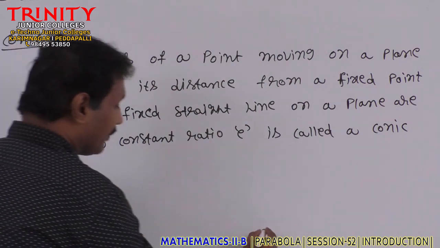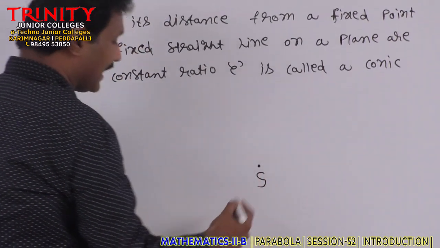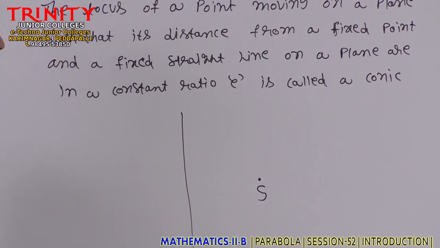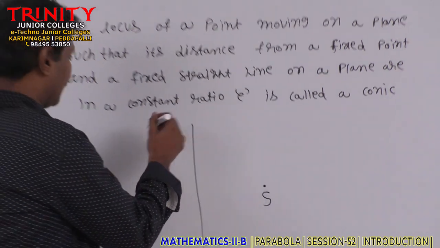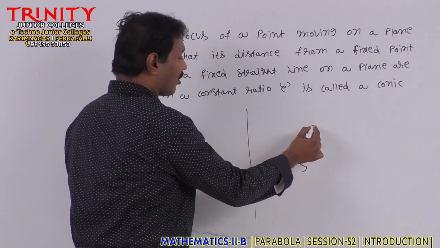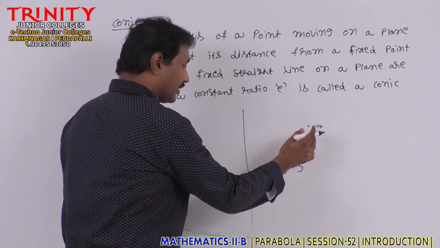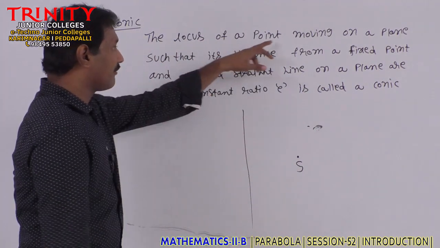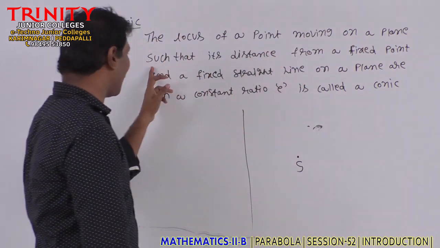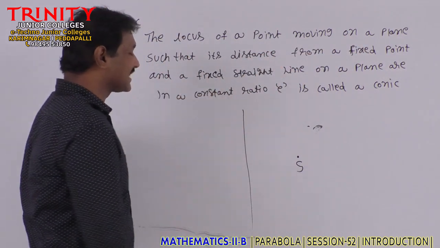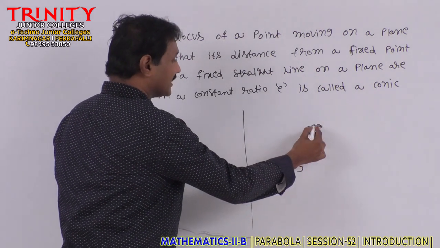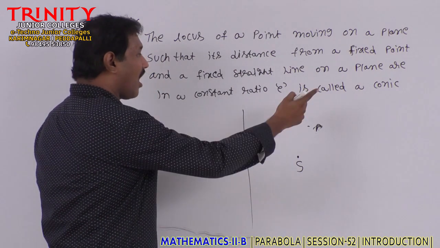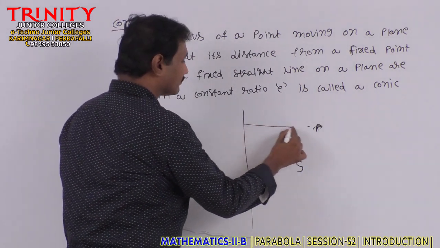That means the fixed point, it may be S, and the fixed line, the constant ratio E is obtained. It forms a conic. The locus of a point moving on a plane such that its distance from a fixed point and a fixed straight line on a plane are at constant ratio